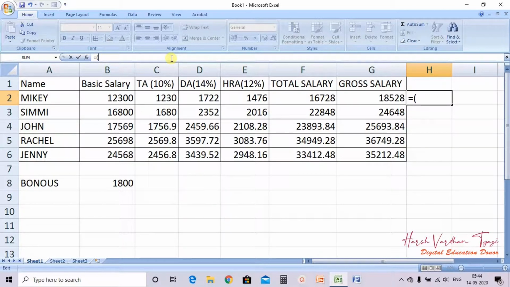bracket, then suppose we want to keep the constant thing, so we are writing here $B and $2, okay, colon, $E, dollar sign E, then dollar sign 2.